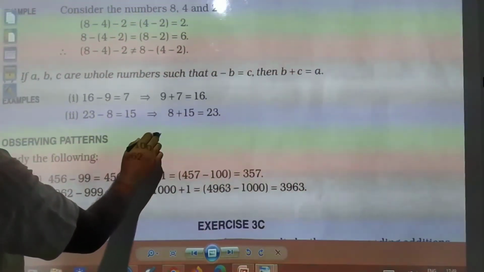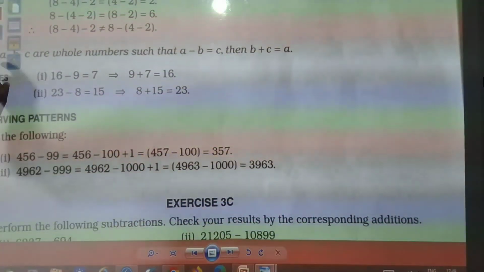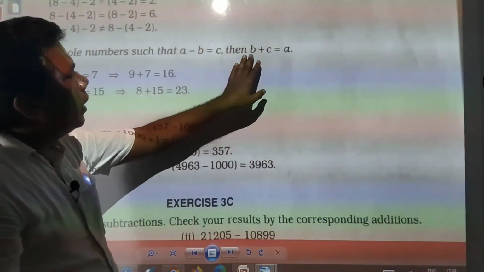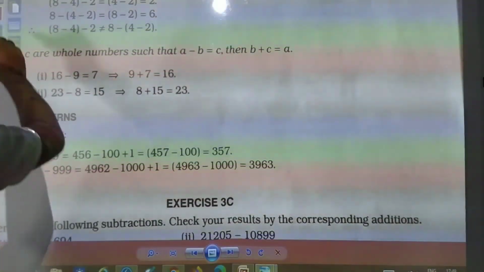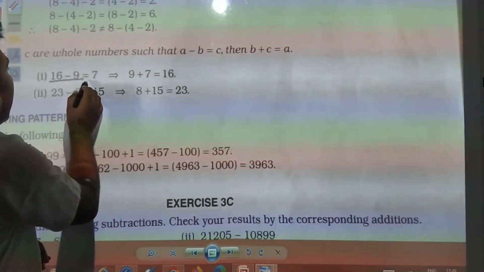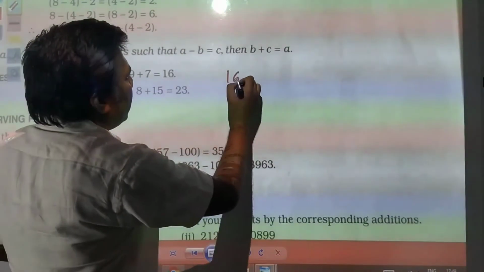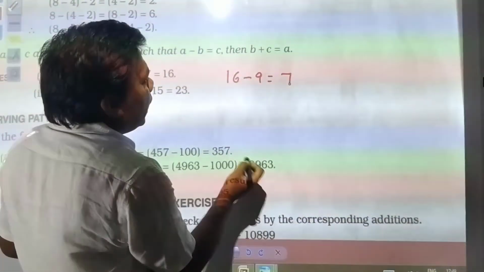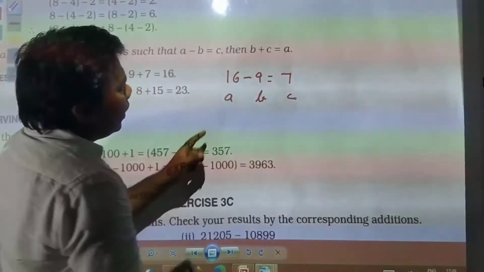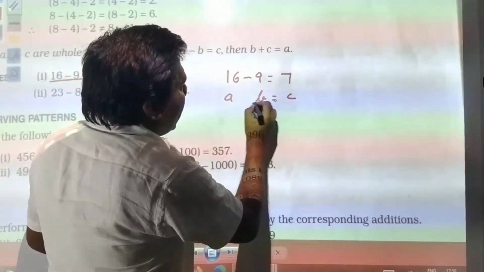Next you have, if A, B, C are whole numbers such that A minus B is equal to C, then B plus C is equal to A. This is important to understand. This is not difficult. 16 minus 9 is equal to 7, you see. That implies, suppose you have A, this is B and this is C. It means A minus B is equal to C. Then you can write